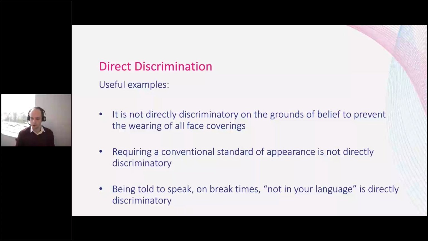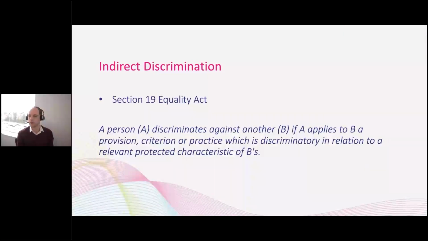Okay, moving on from direct discrimination then, let's start thinking about indirect. And indirect is the tricky one. Indirect discrimination, individuals get wrong because it's complicated. We get wrong because it's complicated. Barristers and judges get wrong because it's complicated. But it is there, and it is important to be aware of it because it's also the one that can